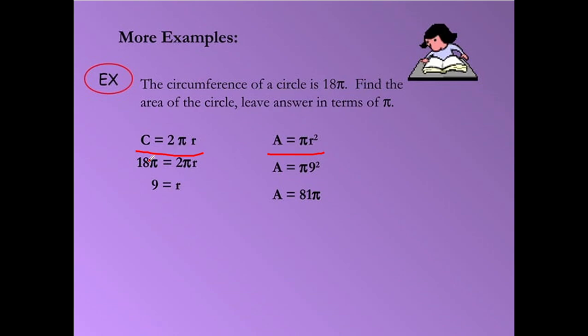So, we have a circumference of a circle of 18 pi. And then, we cancel pi with pi. We can divide by pi, and 18 divided by 2 is 9. So, we get 9 is equal to r. So, our r is 9, so we substitute it here. R is equal to 9, so 9 times 9, that's 81 pi. So, this is now our answer for the area of a circle. And that's the end of our